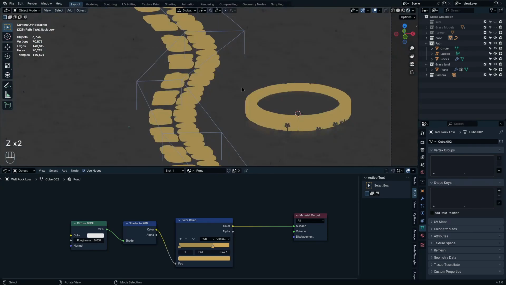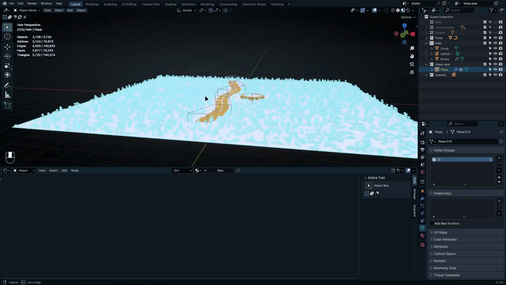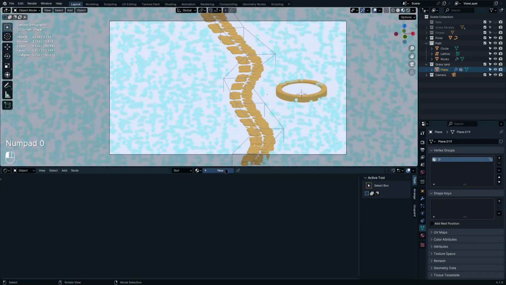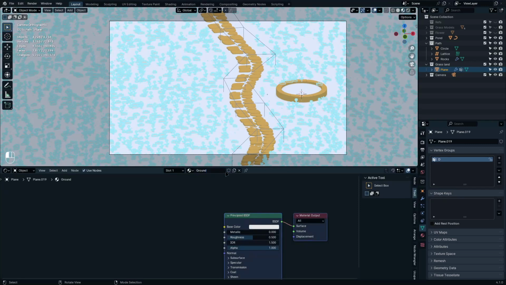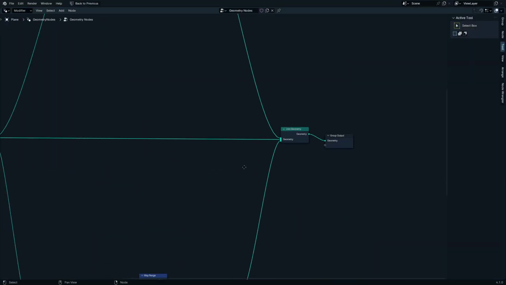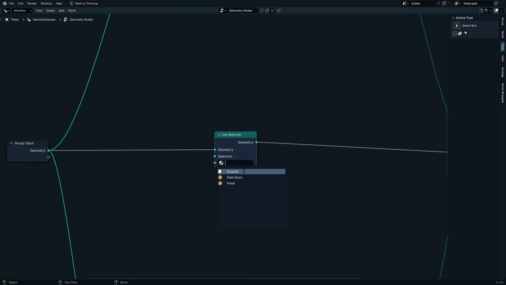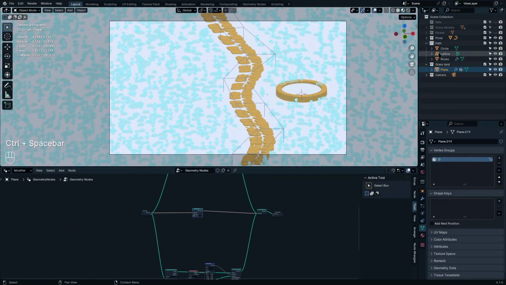Now we're going to move on to the other props. Let's select the geometry nodes plane first, add to it a material, call it ground. Okay, very good. And let's go to geometry nodes and add set material and select the ground material. Now let's go and